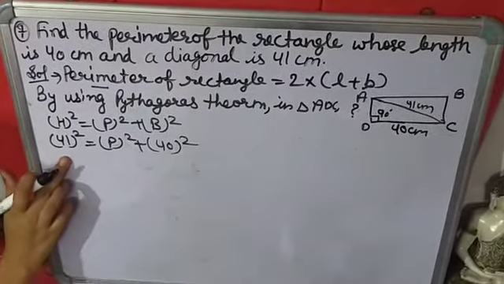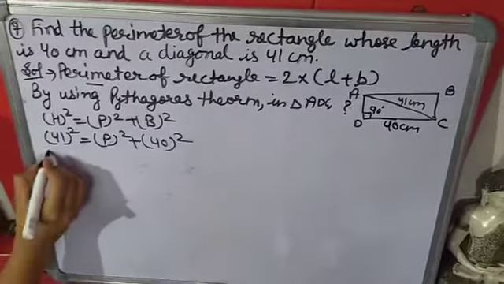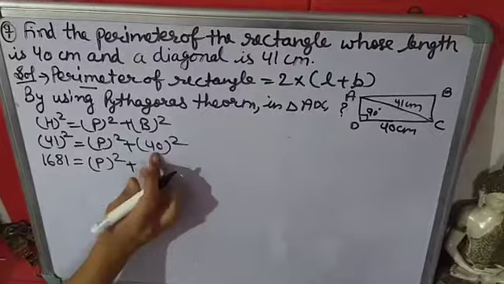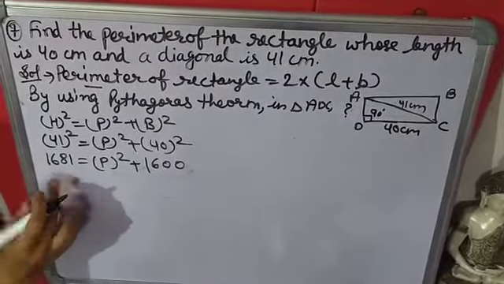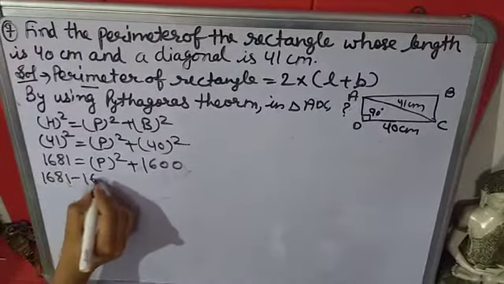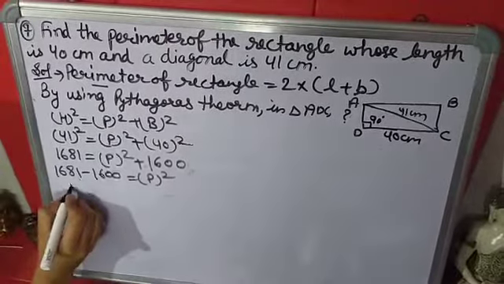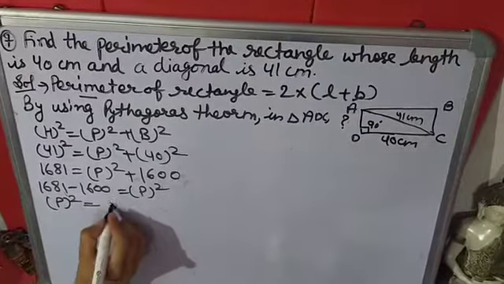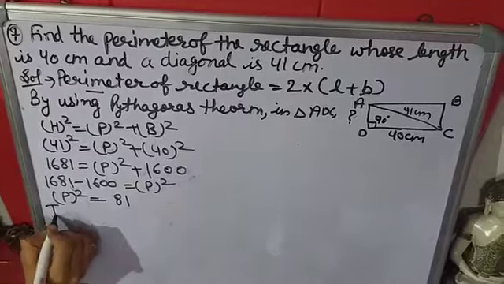So 41 multiplied by 41. So what will come? 1681 will come. 40 multiplied by 40, 1600 will come. Now this 1600 will go that side. 1681 minus 1600 is equal to perpendicular square. Now you have to remove this square, so we will write here